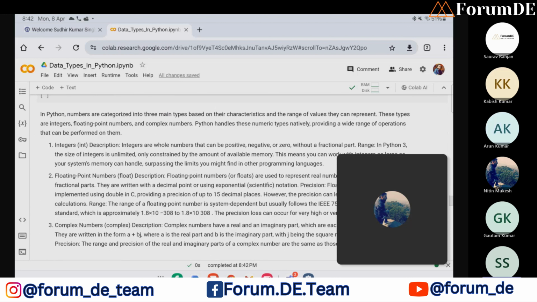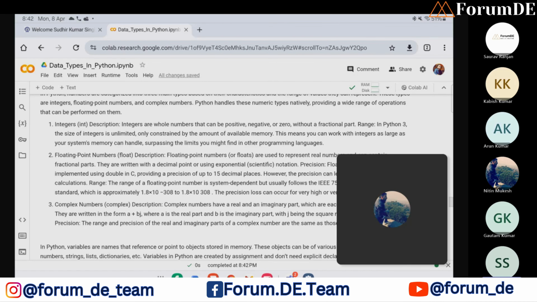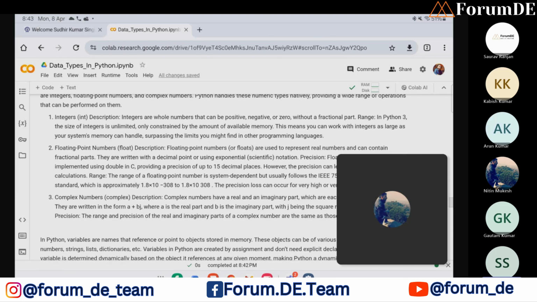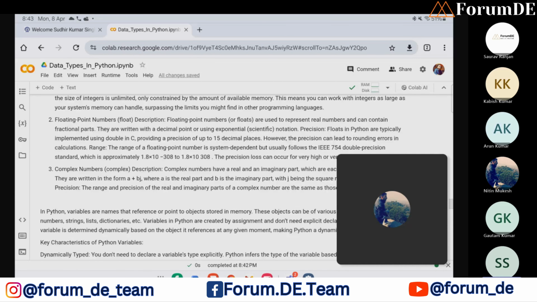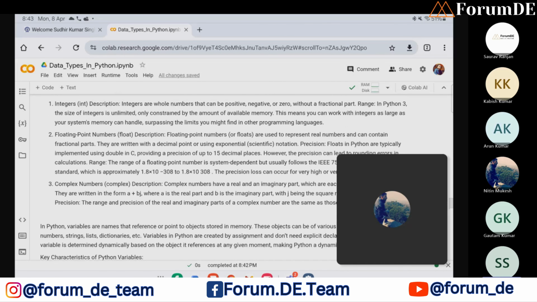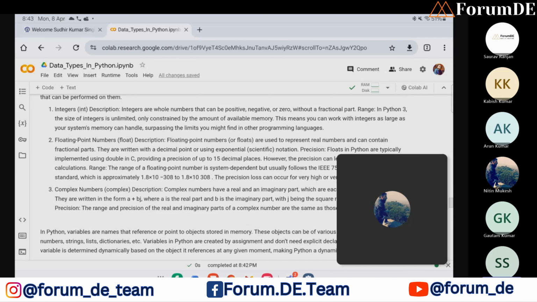So next we have what are the different number types in Python. Like we saw, number is one of the data types in Python, and we'll be coming across it a lot during this course in data science, because data science is all about numbers. So in Python, there are following 3 types we'll basically be dealing with, and mostly we'll be dealing with integer and floating point. Complex number is very rare. We'll be seeing some of it. Integers are whole numbers that can be positive, negative, or 0 without any fractional part, like 0, 1, 2, 3, 4.